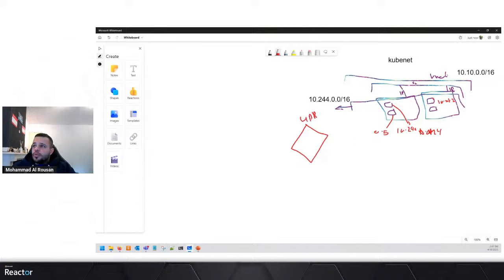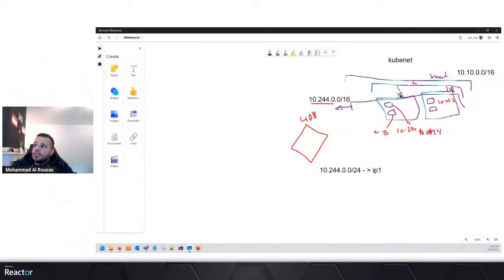Why this UDR and why do we need it? The UDR will actually be used to send the traffic outside. It will say the traffic going to this range, 10.244.0.0/24, send it to this IP, IP1. Which IP?